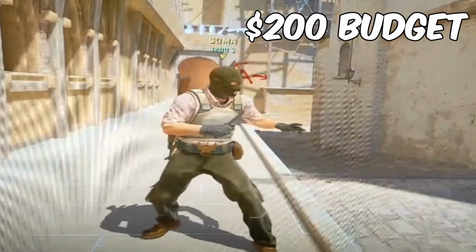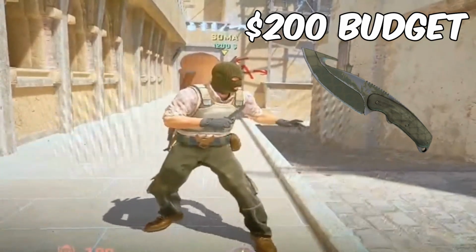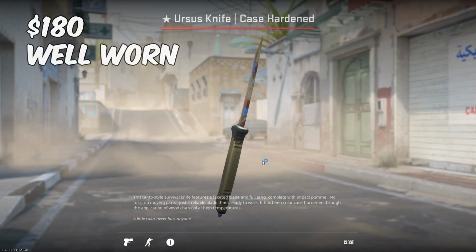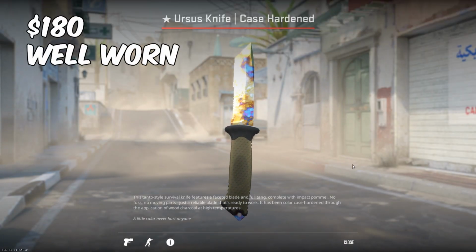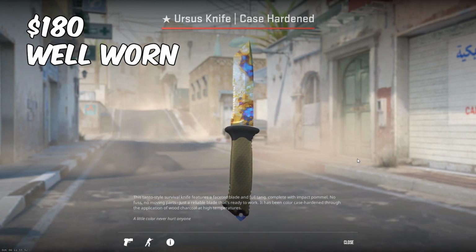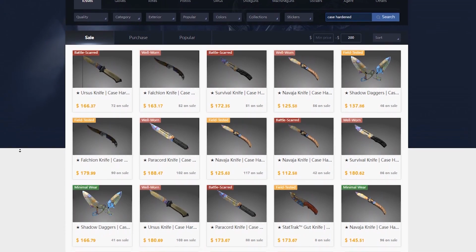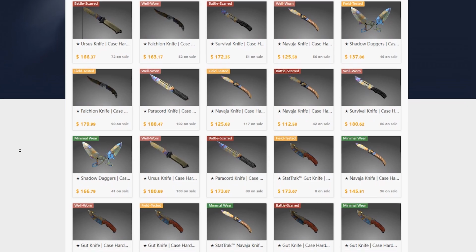You've got a $200 budget and you're looking for a CS2 knife. Today we're going to find one that's best for you. The first is case hardened. It's a bit of a weird knife to start with, but I'm a big fan of the lighting on the case hardened knives. You're not going to get too much wear despite this thing being well worn, and case hardened knives for the most part tend to be cheaper